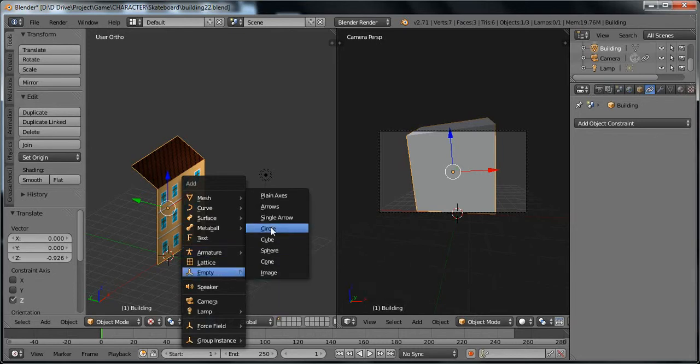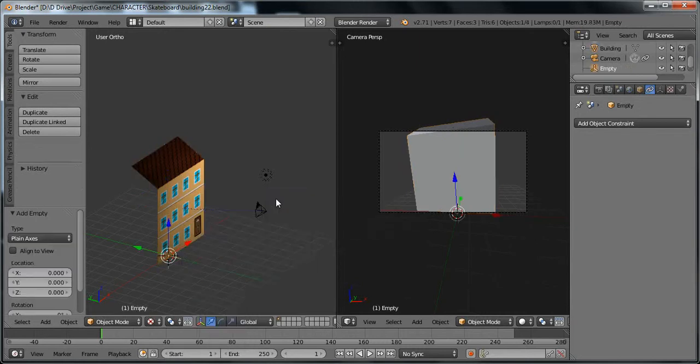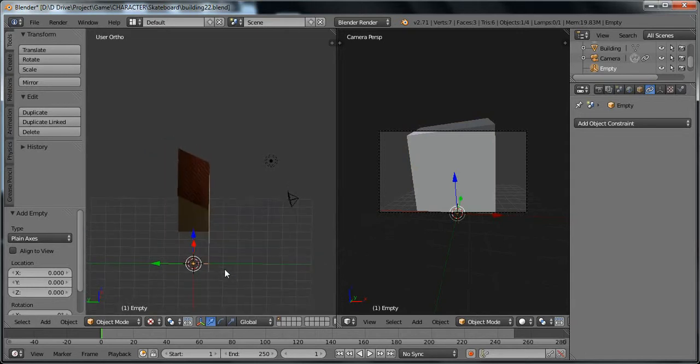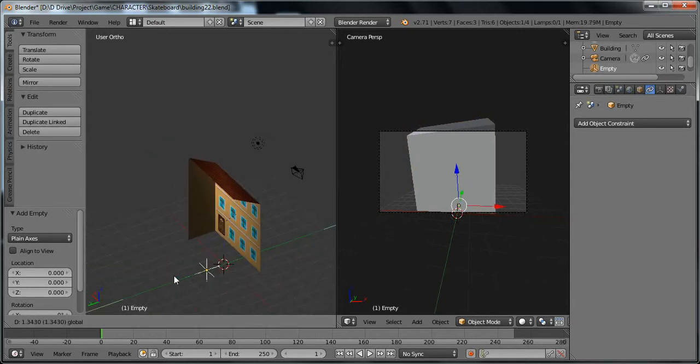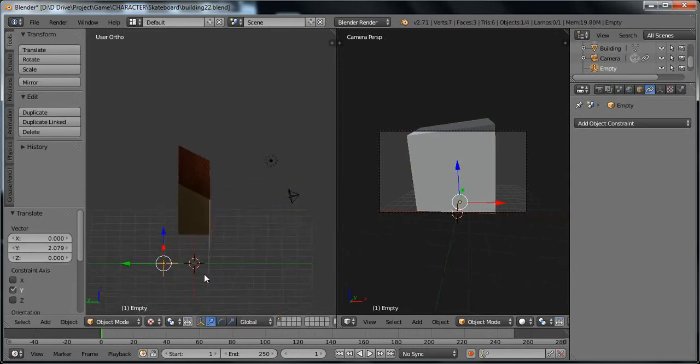I can add an empty: plane axis, image, arrow, circle, sphere, cone. I add plane axis. Okay, so this empty object has nothing in it. It is just an empty object. It will not render anything.